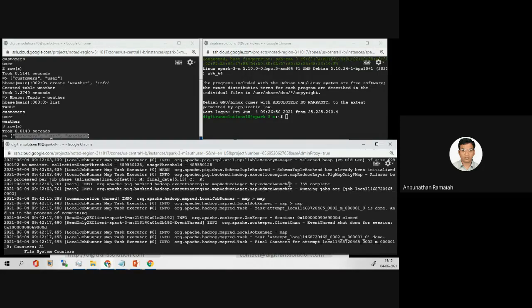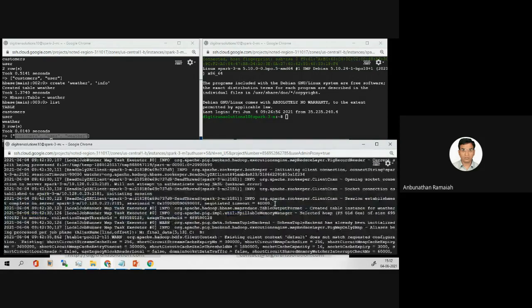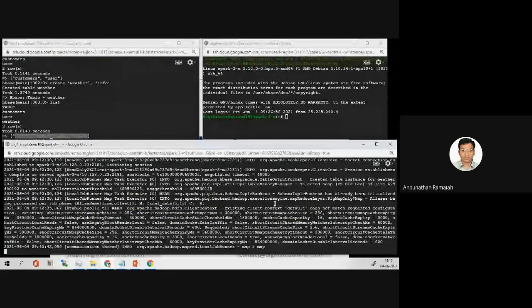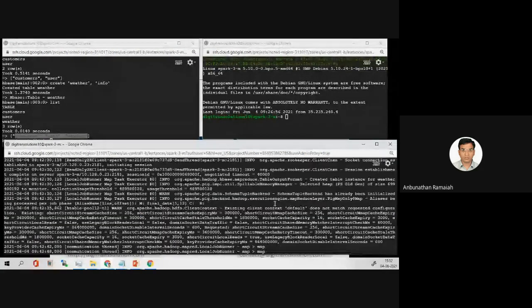Here you can see the map reduce launcher, 75% complete. So we have to wait for the 100% completion.